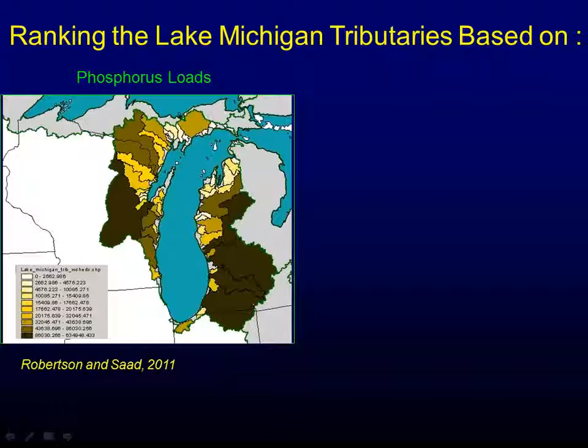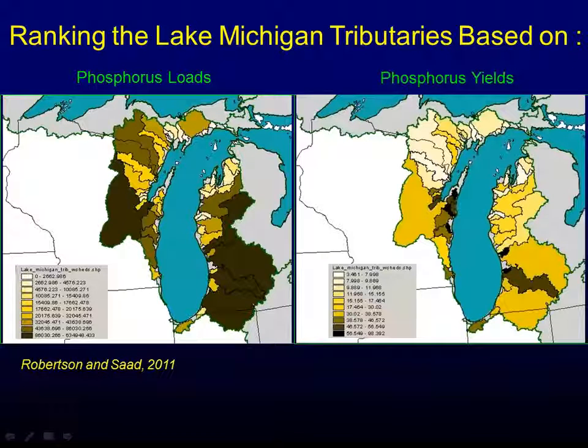Okay. We can also use this to prioritize action. One of the things that we can do there is to look very much like the Mississippi and say, where's the bulk of the load coming from? If we looked at total load, not too surprising, we'd say like the Fox River, the Grand River, that's where the bulk of the load is coming from, if we do it on total load.